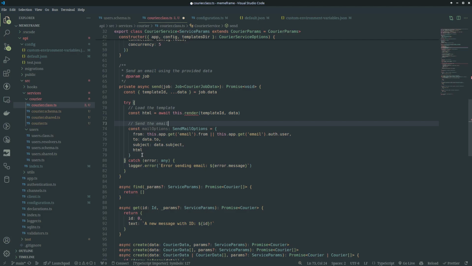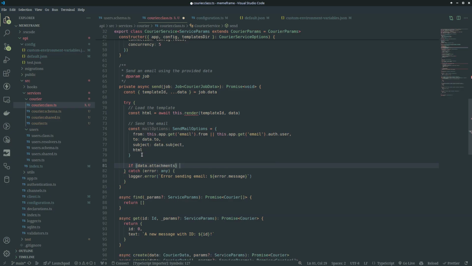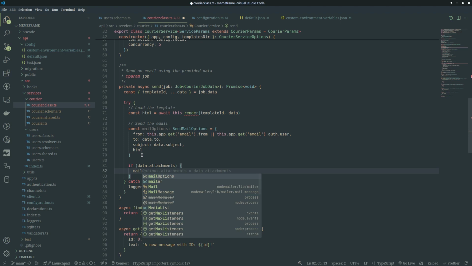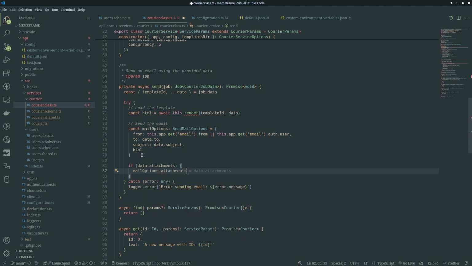Just send email. So after the setup of this, I can go on to say if attachments, or if data.attachment. I have almost forgotten this. I think it's because Copilot was on and suggested it to me before, so it reminded me again, because I'd forgotten that that exists. So I can set it to this. Let me see, is it going to throw any errors? Most times maybe not, if mail.attachment itself